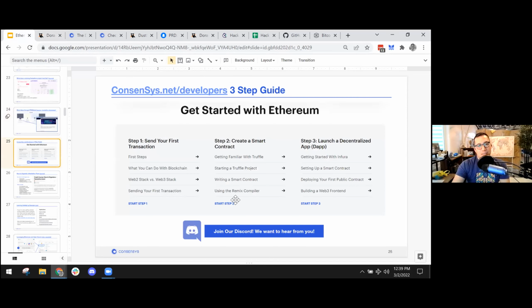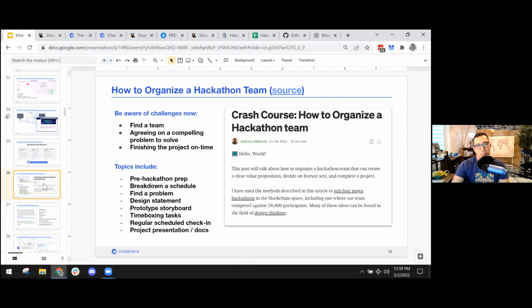There are guides to get started. This is the guide that we have within our consensus.net/developers. Feel free to read through those. For organizing the hackathon team,